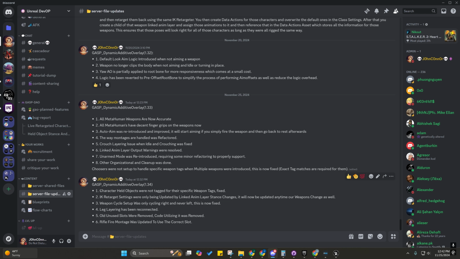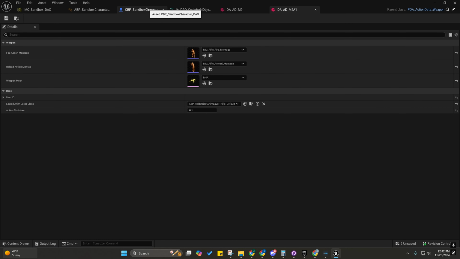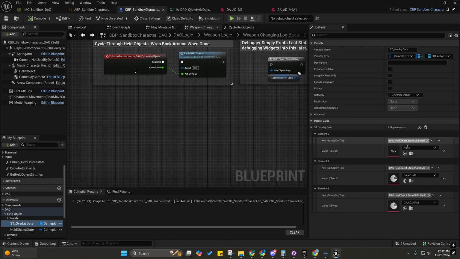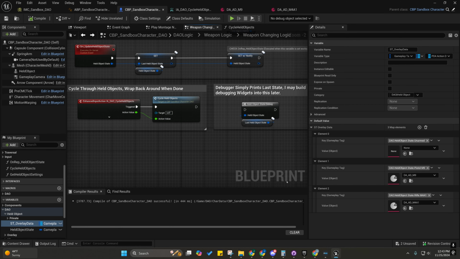Well, let me just go through these one by one. The character held objects were not tagged for their specific weapon tags, right? So if I come in here, I can show you that. If we come over here, you'll see that these are named held object state pistol M9, rifle M4A1. They were just labeled state pistol, state rifle. It was just a generic